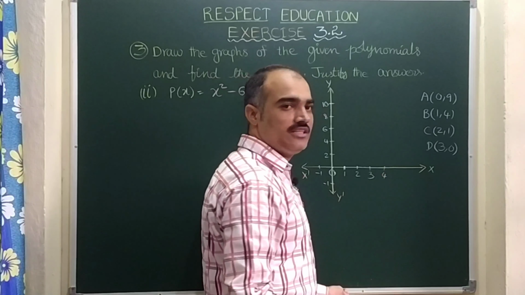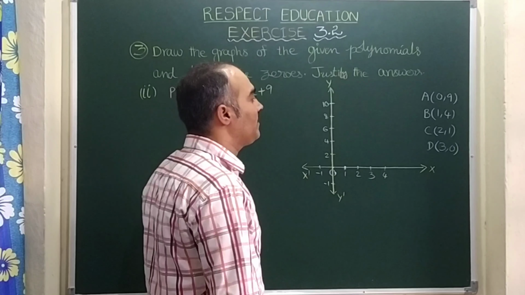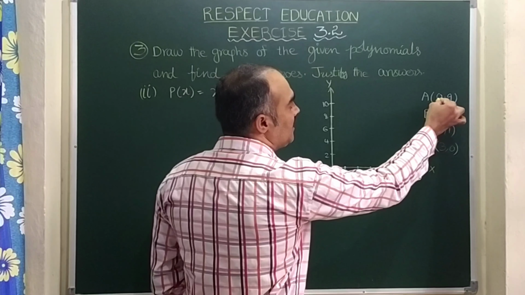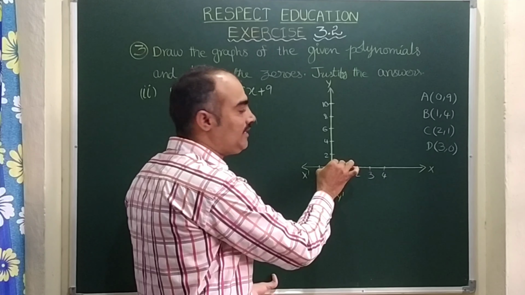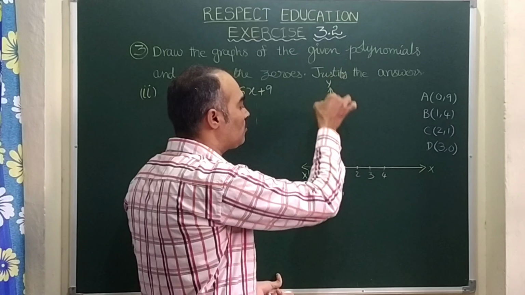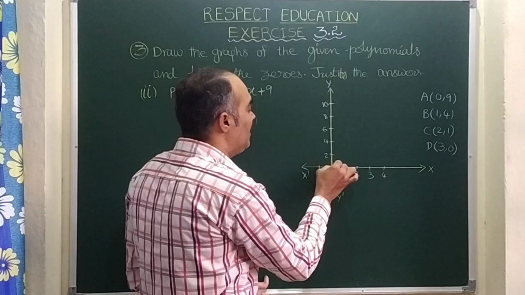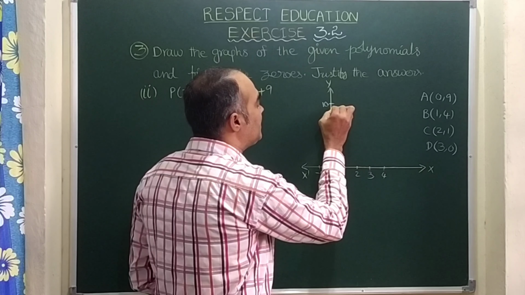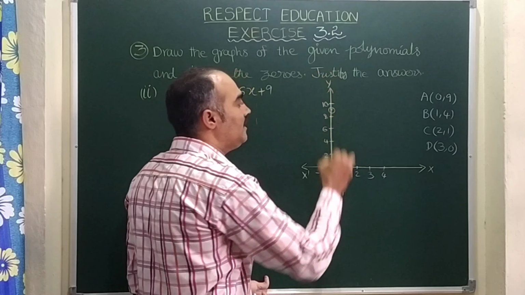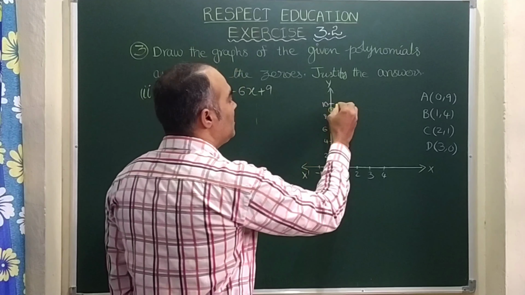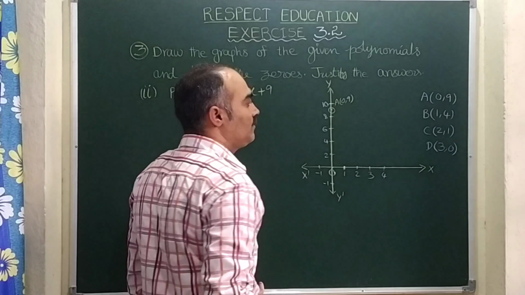Now let us start plotting these points. See, this is my bike, I told you already. Now just imagine like that. See 0. So you park your bike at 0, right? In this line only you have to move according to the next point. Next one is 9. Which 9? Positive 9. On this number line you go here. See, this is the middle point of 8 and 10. That is nothing but A, 0 comma 9. So here I am writing this as A, 0 comma 9.